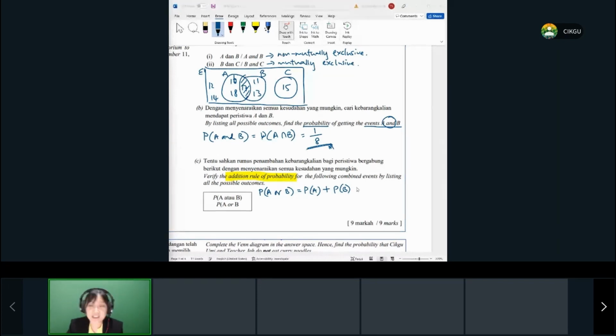What does this mean? I want A to happen. So A is right here. If A wants to happen, that means you have to pick either 16, 17, or 18. So you have 3 options in A, 3 out of 8 in total. You have 8 options in total. Probability of B, same. You got 3 options in B out of 8 in total. So if you add this up together, you're going to get